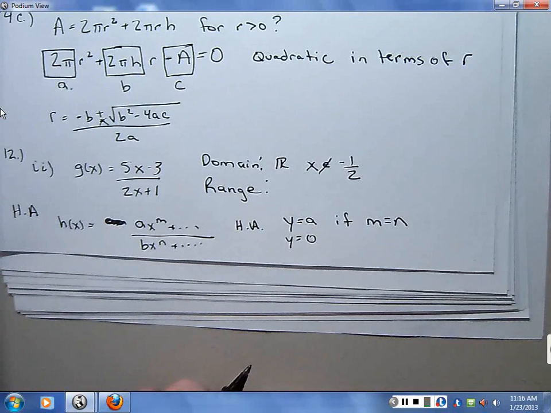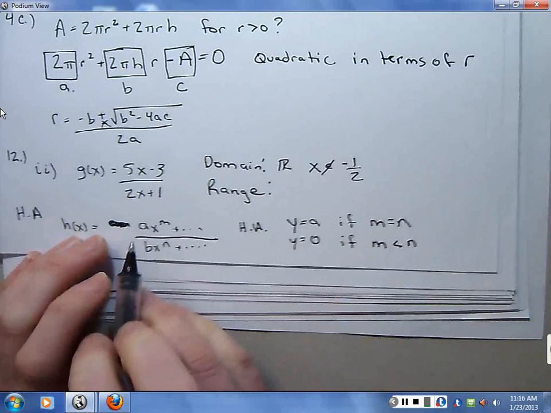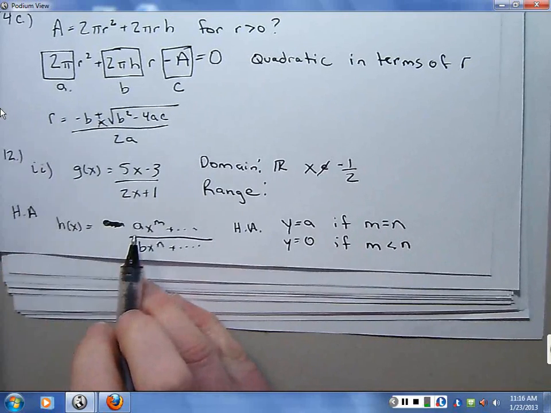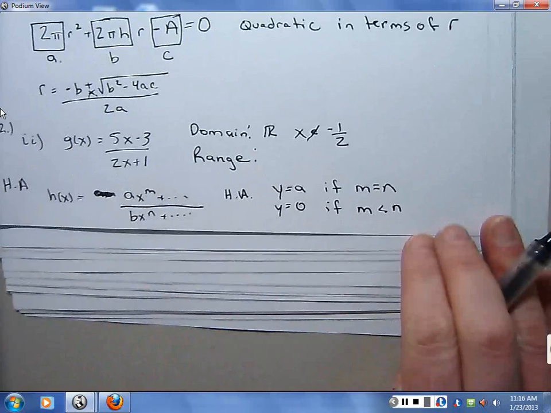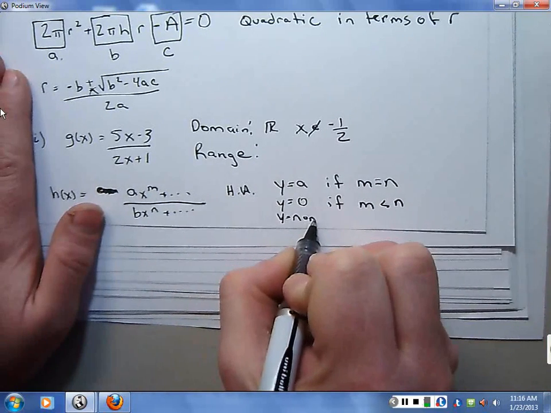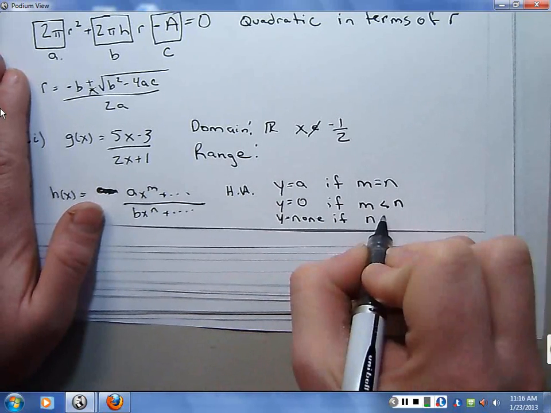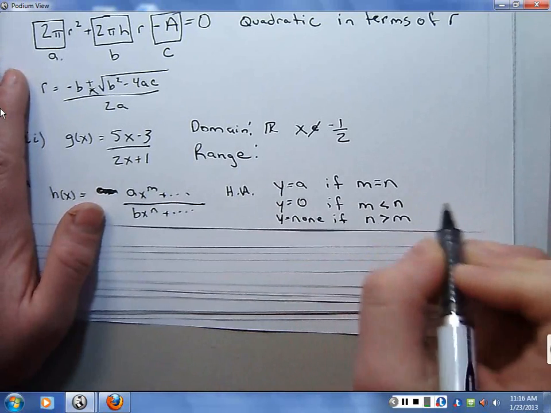No, wait, let me think for a minute, sorry. Yeah. m is less than n, so y equals 0. And y equals none if m is greater than n. So if n is greater,